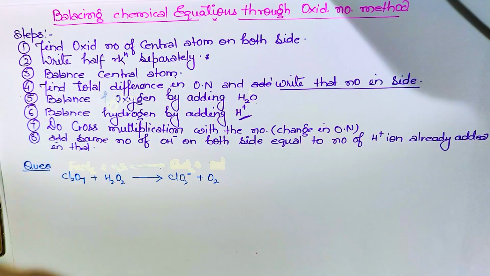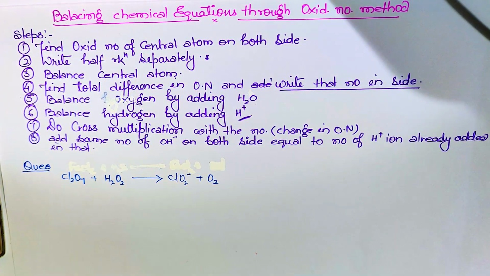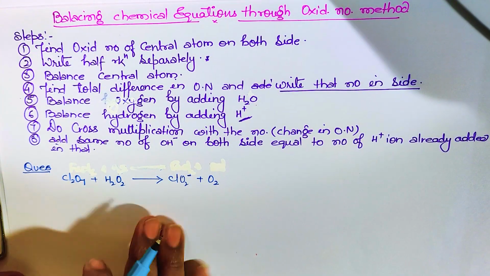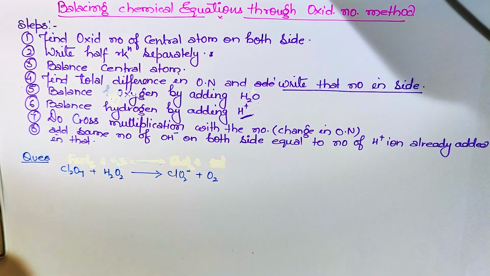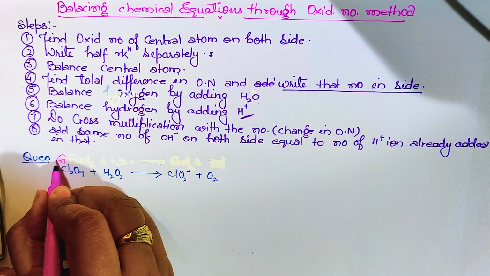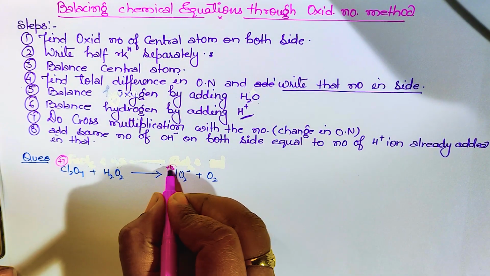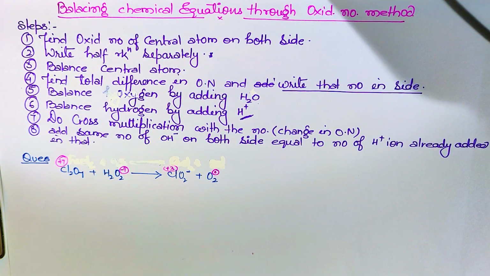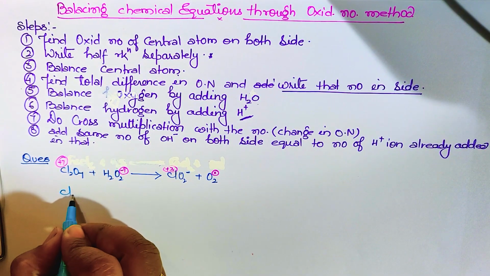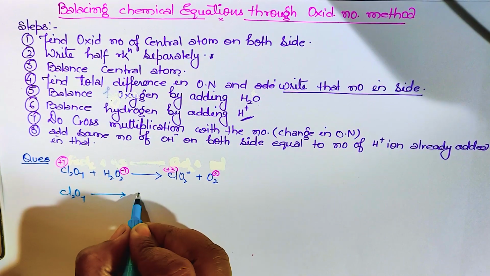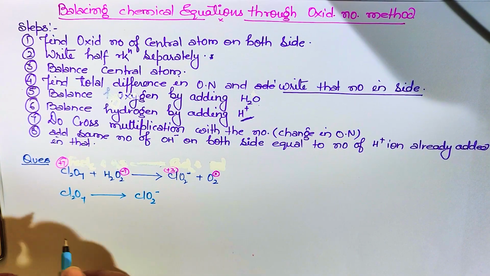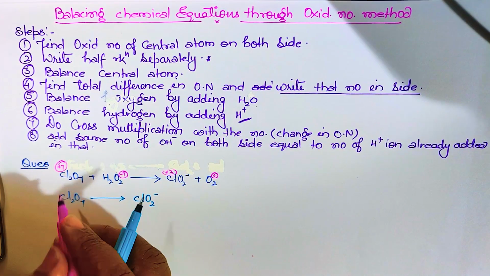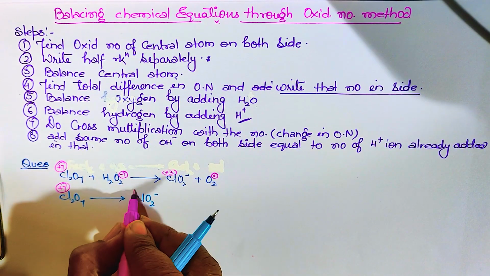First let me explain with the detailed way, and then at last we will do in the short way also. So here find the oxidation number. It is +7 here, this is +3 over here, this is -1 over here, and it is 0 over here. Oxidation half reaction, reduction half reaction, but you don't have to write separately. You just write that Cl2O7 changes into ClO2 minus. So oxidation number, let it be +7, and here it is +3.